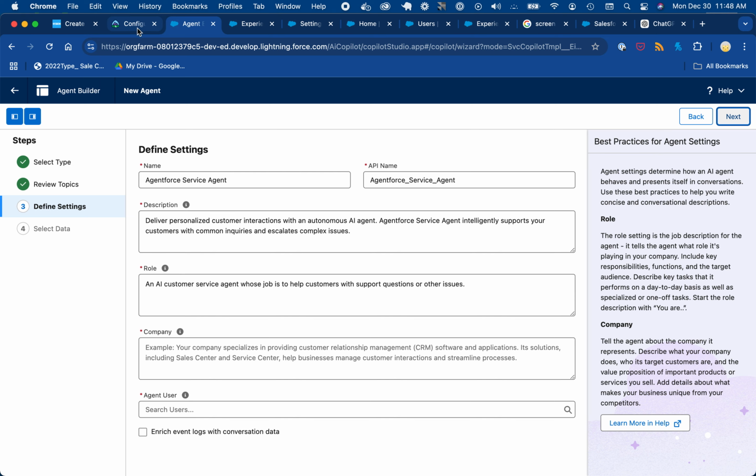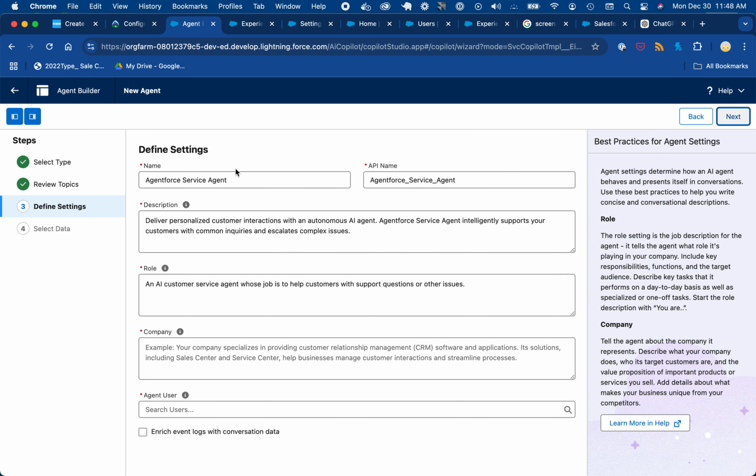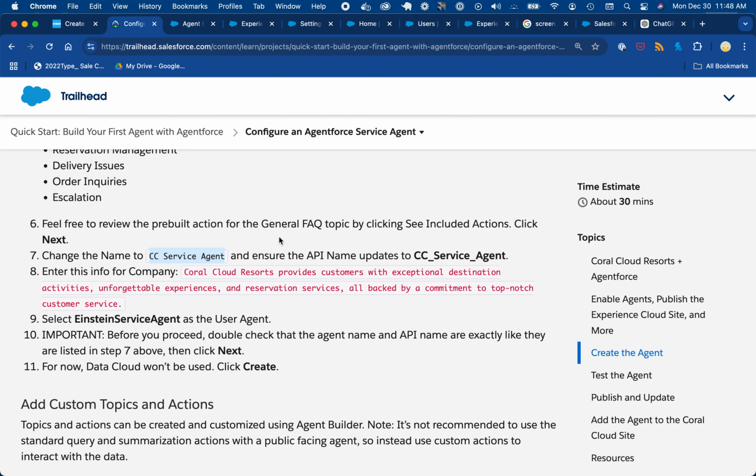Okay, so following this, it says change the name to CC Service. Oh, okay. CC is Coral Cloud, the name of the company. So I'm going to go here, paste. This is automatic. Description doesn't say to change it. It does say